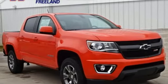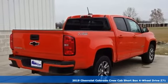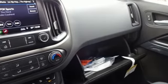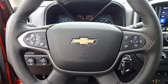Here's a new 2019 Chevrolet Colorado. Whether you're downtown or off-road, this truck provides torque and efficiency no other mid-size pickup can match. A great vehicle is comprised of great features like these: V6 engine, electronic shift on the fly, automatic transmission, trailer